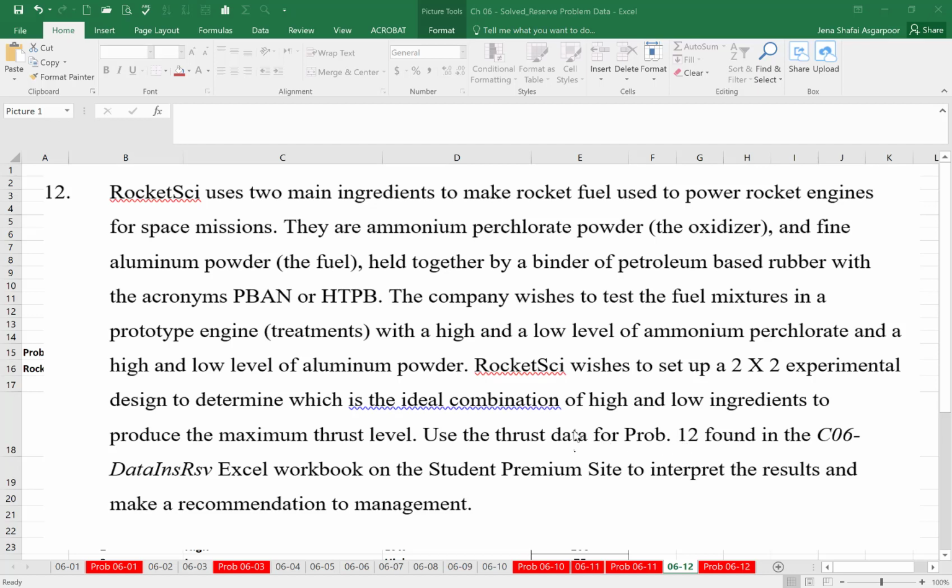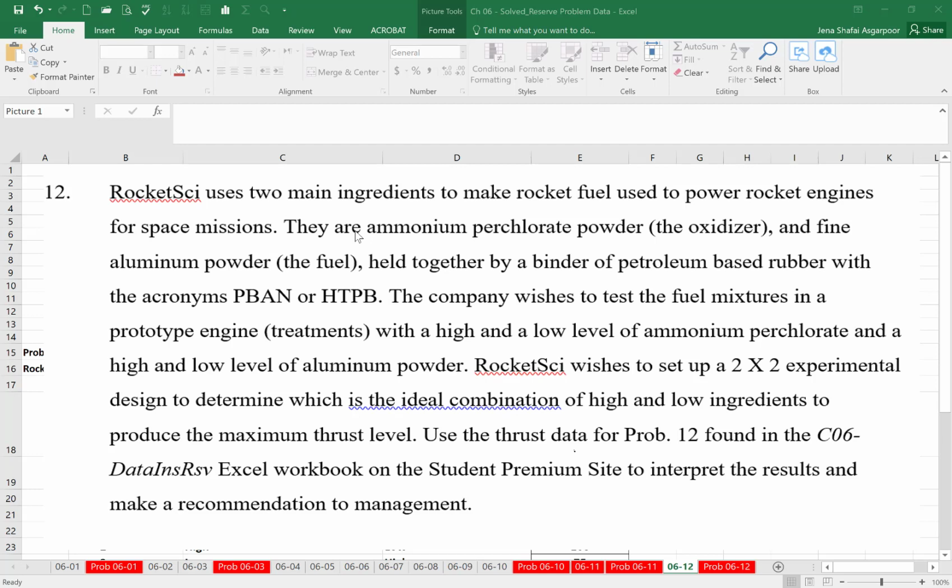This is review problem number 12 in chapter 6. It's a design of experiments with two factors. Rocket Sci uses two main ingredients to make rocket fuel, used to power rocket engines for space missions. They are ammonium perchlorate powder, the oxidizer, and fine aluminum powder, the fuel, held together by a binder of petroleum-based rubber. The company wishes to test the fuel mixtures in a prototype engine with a high and low level